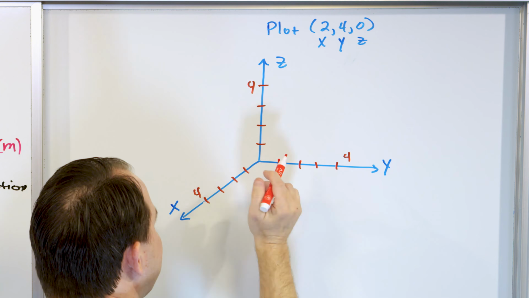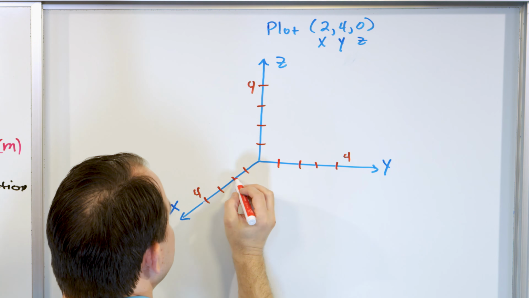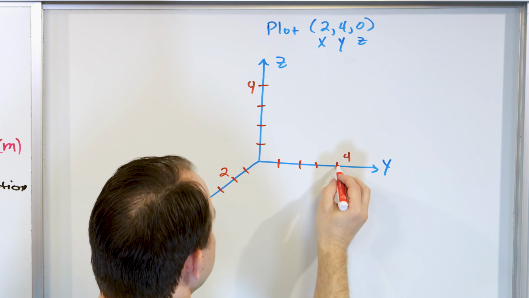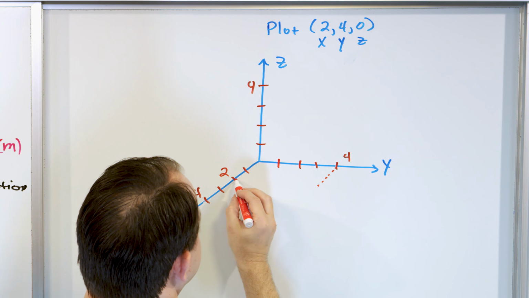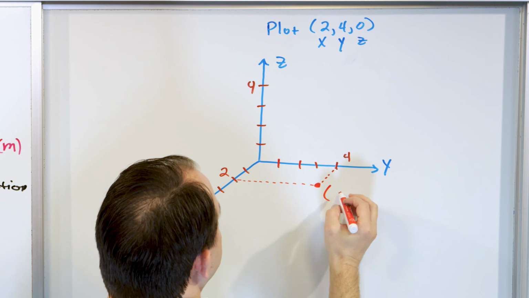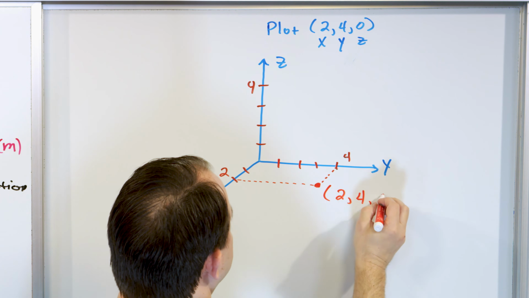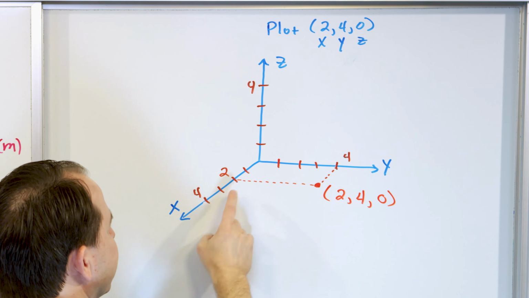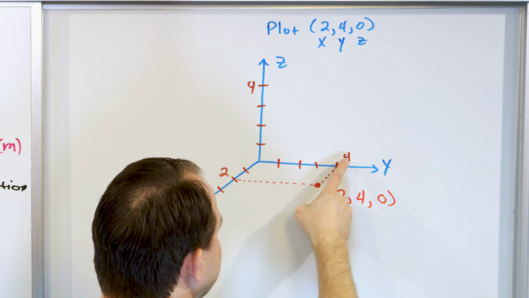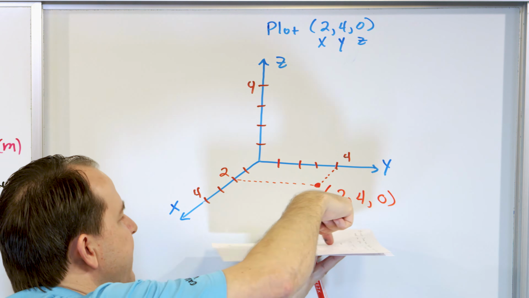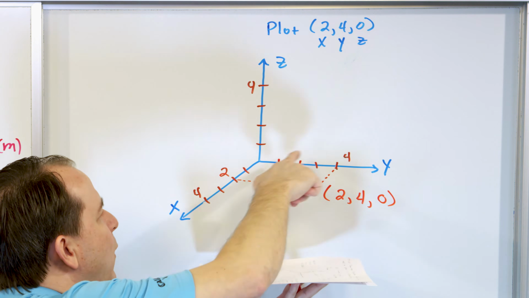So the way you draw that in perspective is you go to 2, which is right here for x, and then you go to 4 here, and you have to kind of draw it as a perspective, something like this, right? This point is 2, 4, 0. How do you know? Because it's saying you go 2 distance units along x, 4 distance units along y, but because the dotted lines are basically telling you that the point is in the xy plane, basically